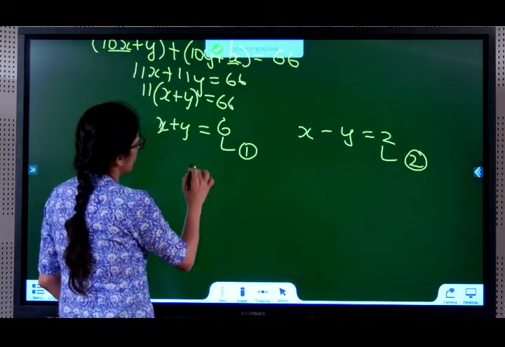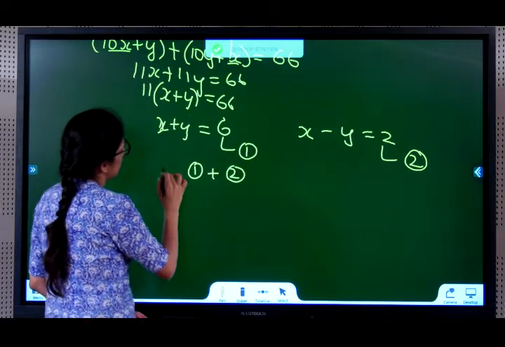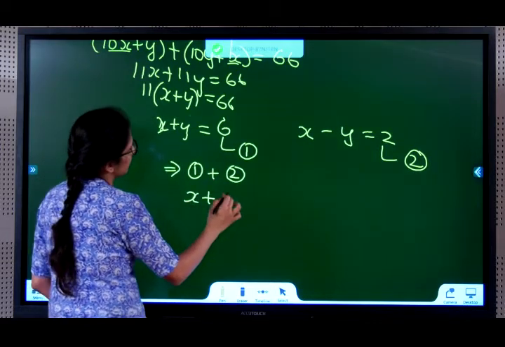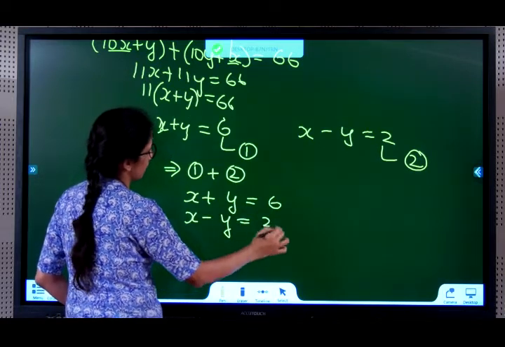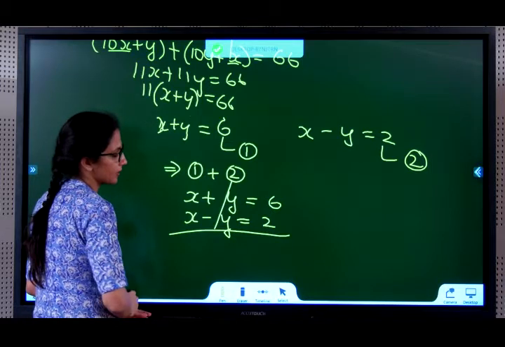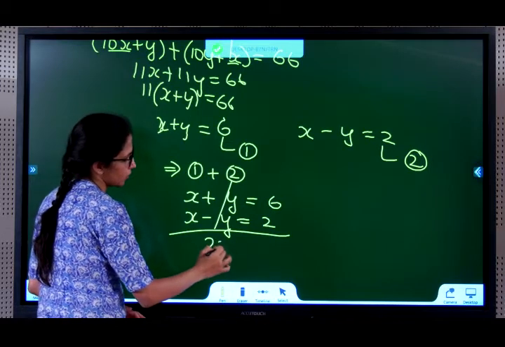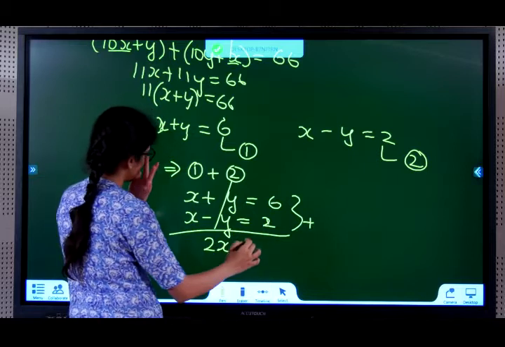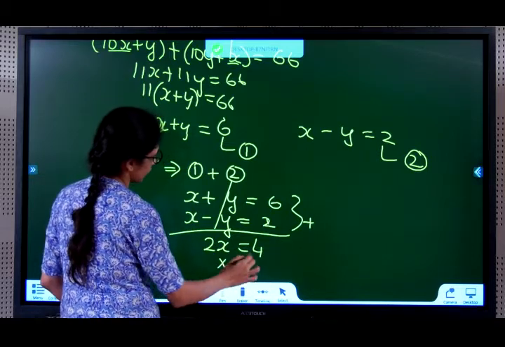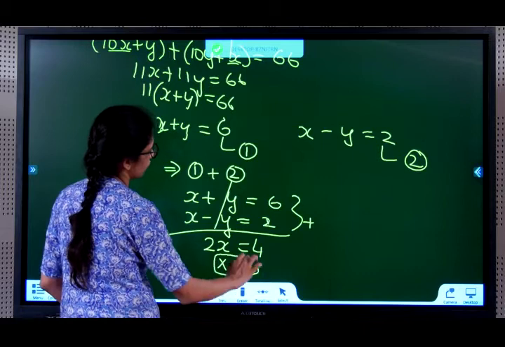Look, 1 plus 2. 1 is x plus y is 6, 2 is x minus y is 2. y and minus y cancel, x plus x, 2x. 6 plus 2,